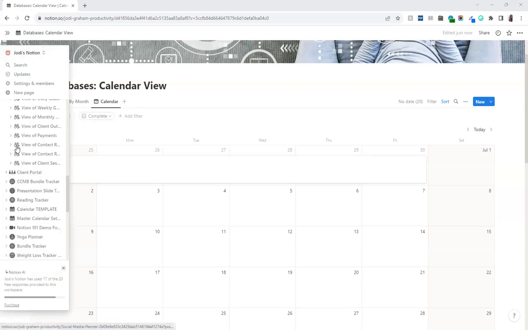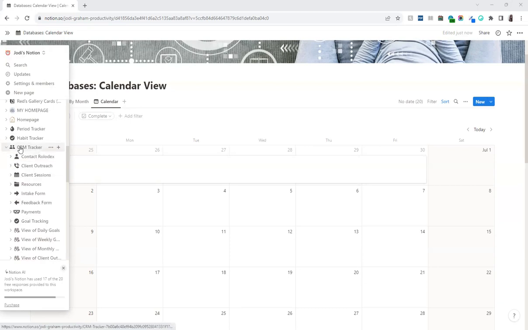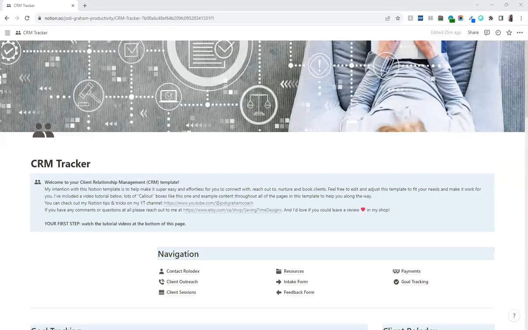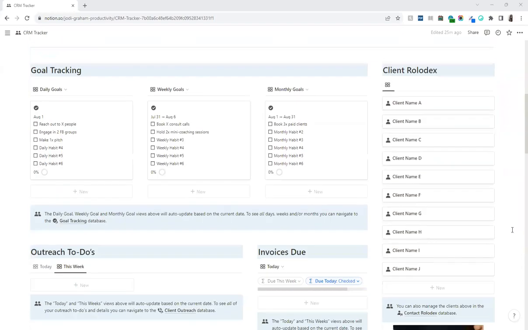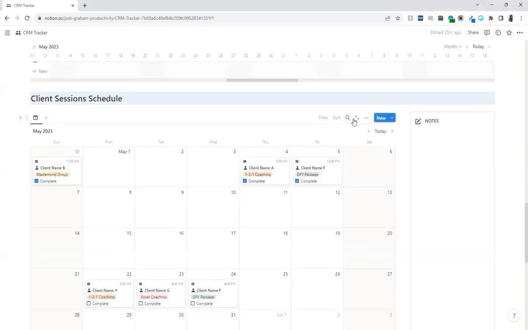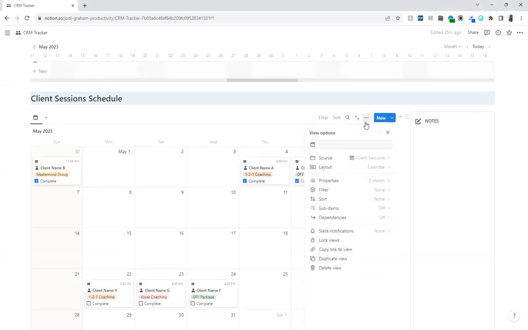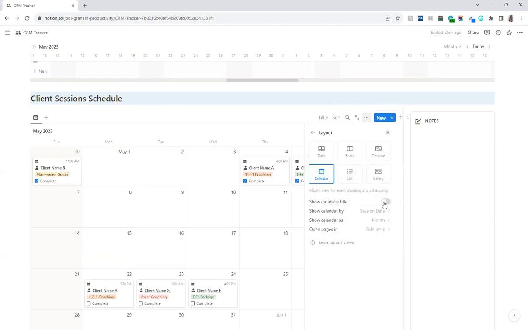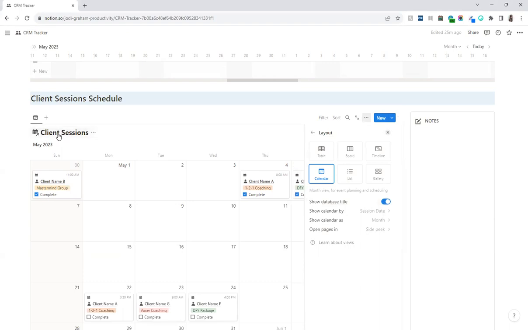And then I'll just quickly show an example from one of my templates that I've created, just to show you how to tell the difference between those source databases or inline databases and a view of a database. So I'll just go down. I took the calendar from here. So one way you can do it is show the database title. So right now I have that hidden here. So if you click on these 3 dots in the top right-hand corner again, click on the layout, and then you just toggle on this show database title. So the title will show here, and you can tell that it's a view. This is not the source or original database because there's a little arrow here. Whenever it's a view, there's a little